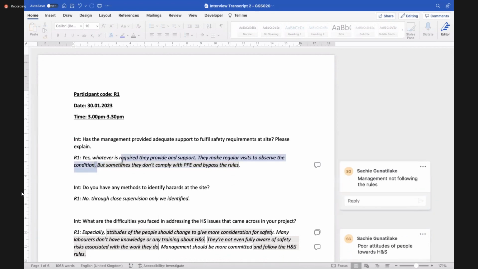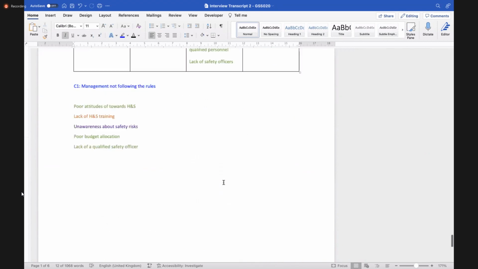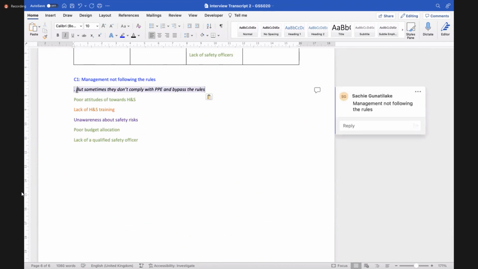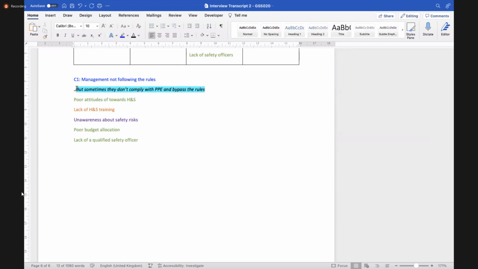Okay, all of this I have coded under that. So from R1, this has been coded under the first code.